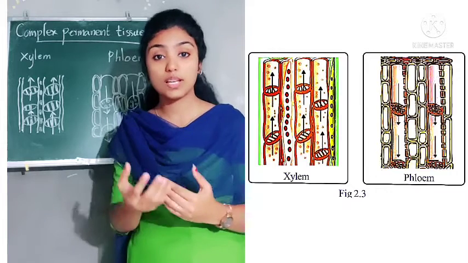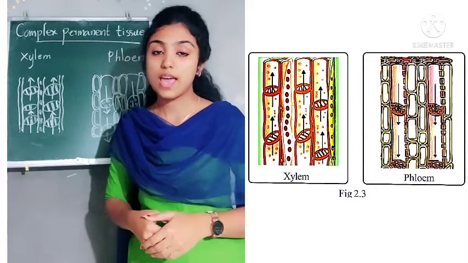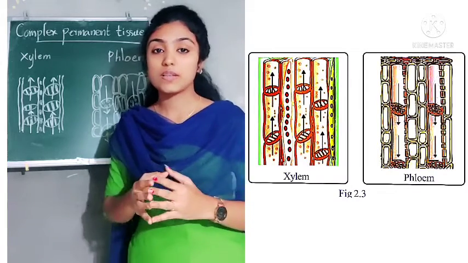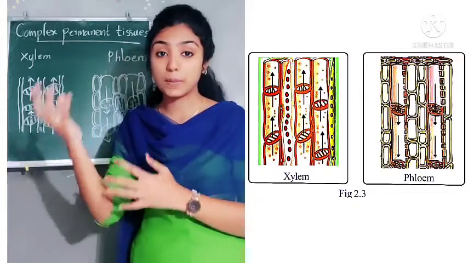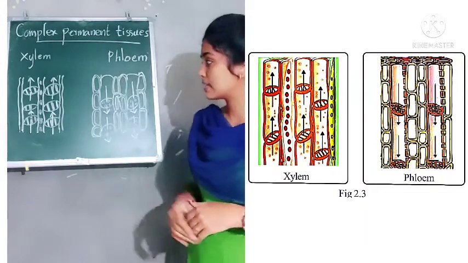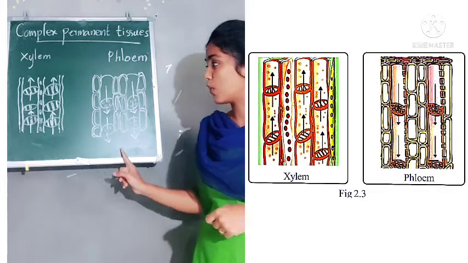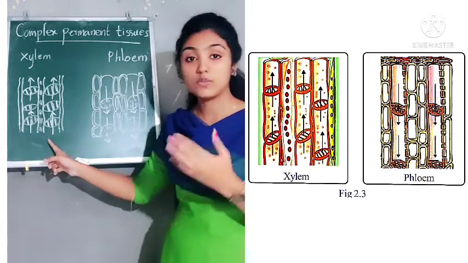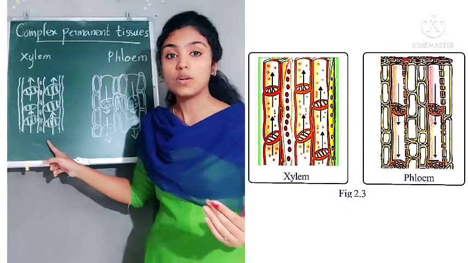We already studied that in lower classes. We already studied about the process of photosynthesis, and we know that the food is prepared by leaves. So this phloem transports food prepared by the plants to different parts of the plant body. And also you can see the cells of both the xylem and phloem are elongated. And this xylem has another function. It also provides strength and support too.